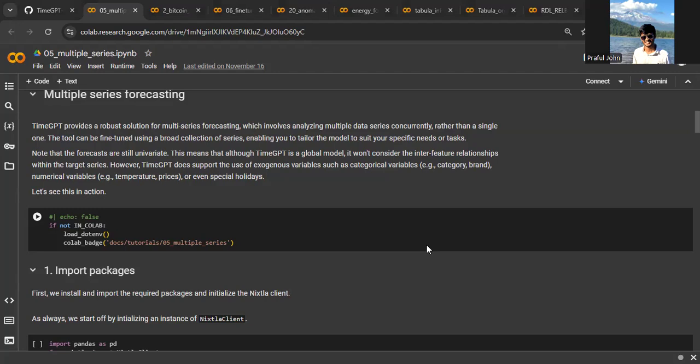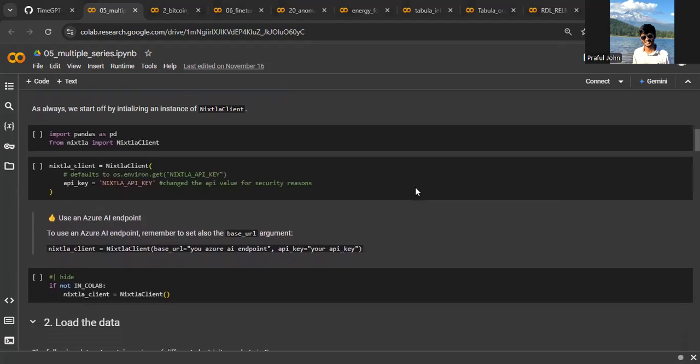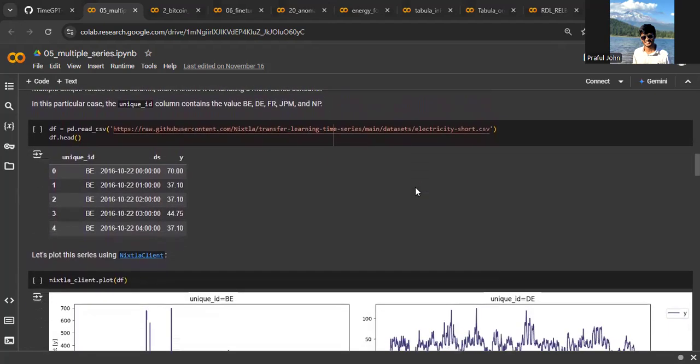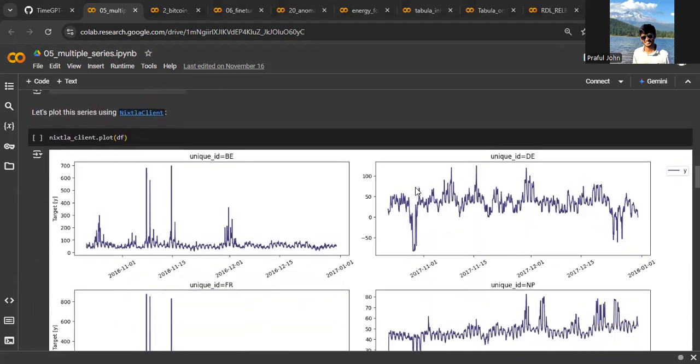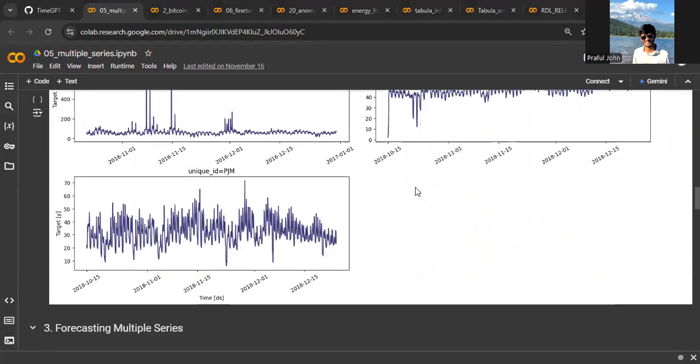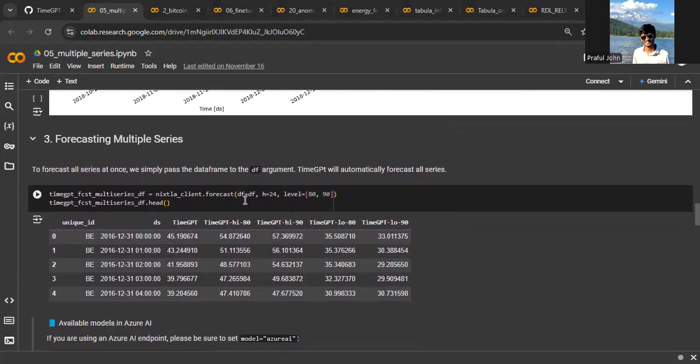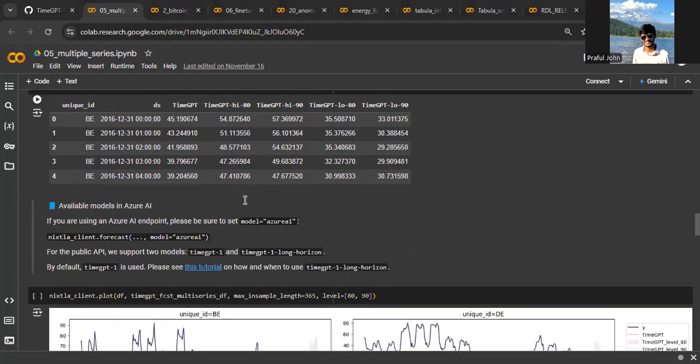So what we'll be doing is we'll start with importing packages, and then in the next one we'll load the data, and then we'll be plotting the graph, and then we'll be forecasting multiple series. So in this, we are forecasting multiple series, followed by